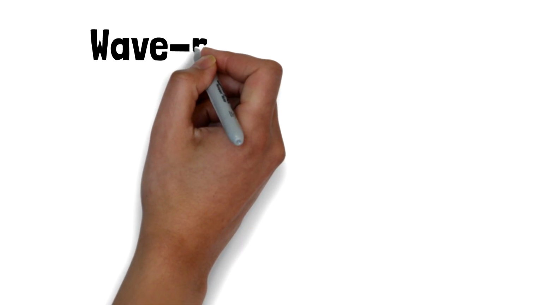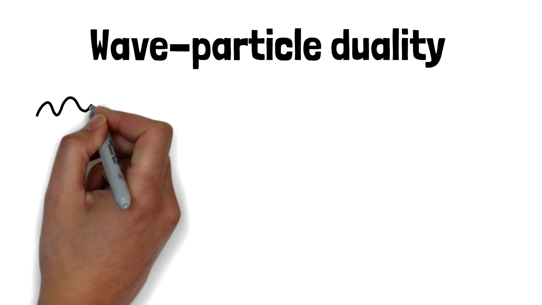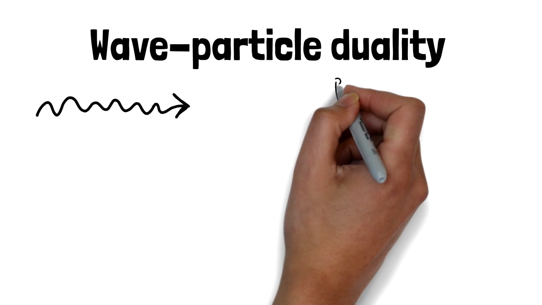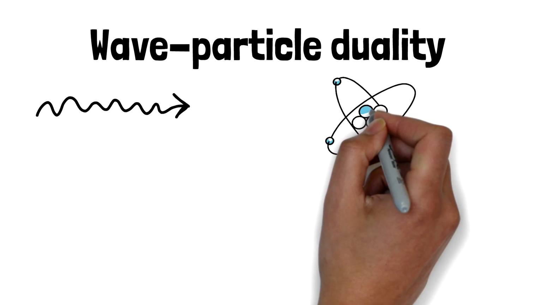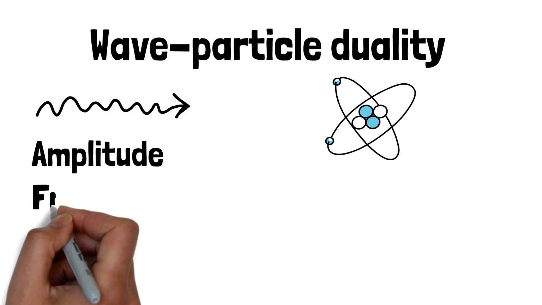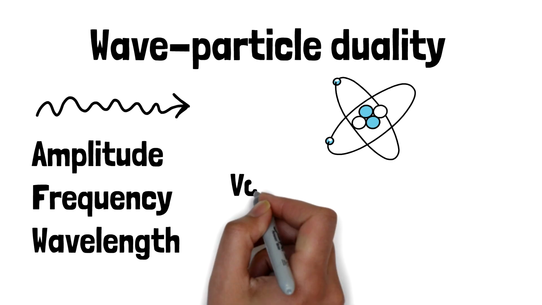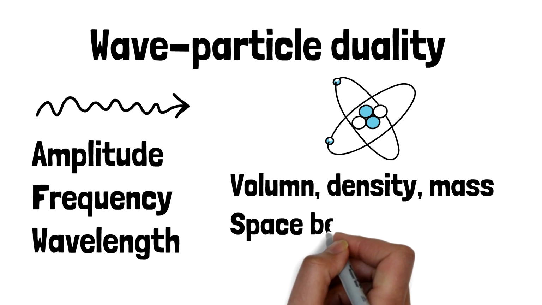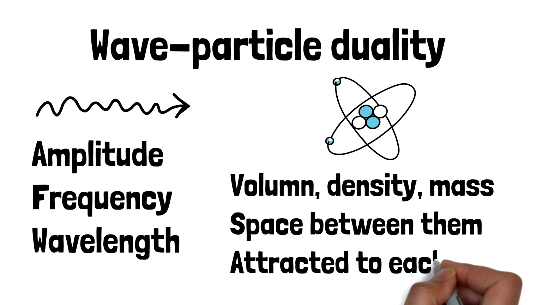Now, before we start, we need to understand a very important concept in quantum physics, which is wave-particle duality. This suggests that for any given microscopic particle, it has the properties of a wave. In case you wonder, what are the properties of a wave and a particle? Some properties of a wave include that it has amplitude, frequency, and its own wavelength, whereas properties of a particle include that it has volume, density, and mass, and there is space between particles, and that every single particle is